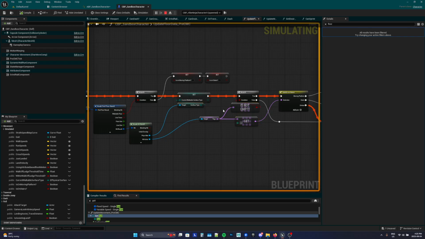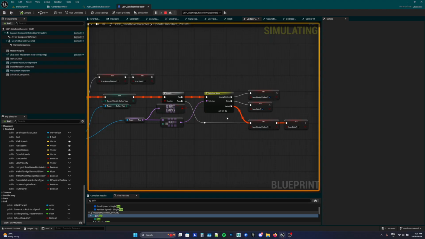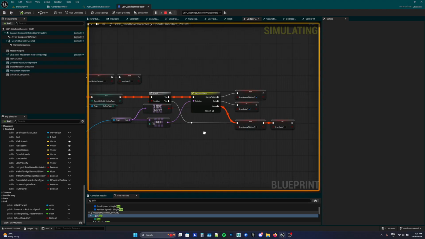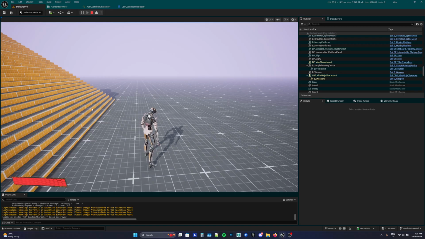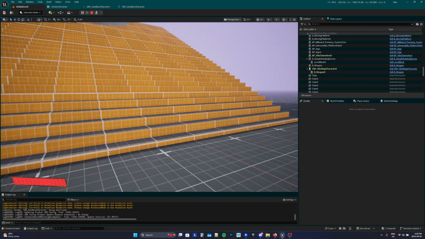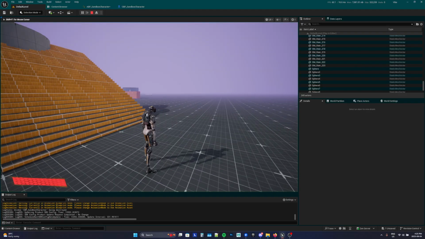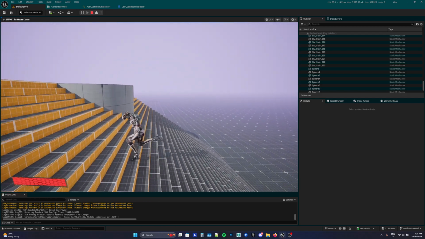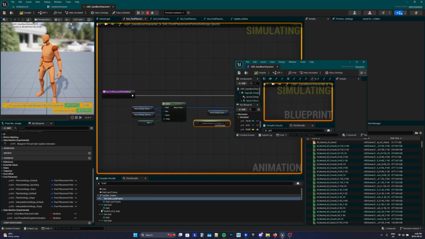And then I check the tags, and all I do is anything with stairs, I give it a tag stairs as its first component tag, and it will enable this bool on my character if I'm walking on stairs. So if I just click on this guy here, you can see all I've done is add a tag of stairs, and now if I walk up, it's going to set that bool as true,